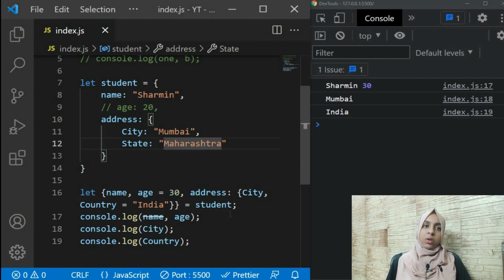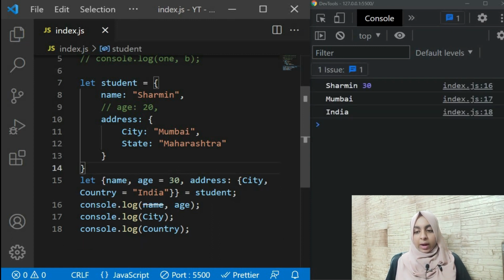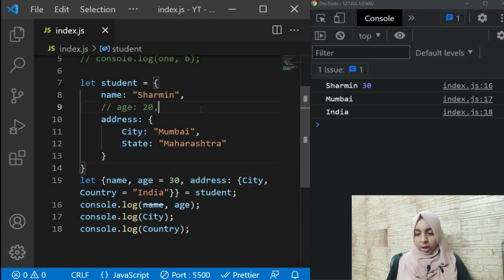So this is how your object destructuring works. This is nothing difficult, it's very easy and it is powerful as well. Here you can set your default values, and if you don't have those values it gives you back an undefined, and if you have the values defined, for example age is 30, and we even had the age of 20 over here, and we save. Can you see you get back the age 20, because it is already there in your object. Only if you don't have something in your object then it takes up the default value which you give over here. So this is how your array and object destructuring works.